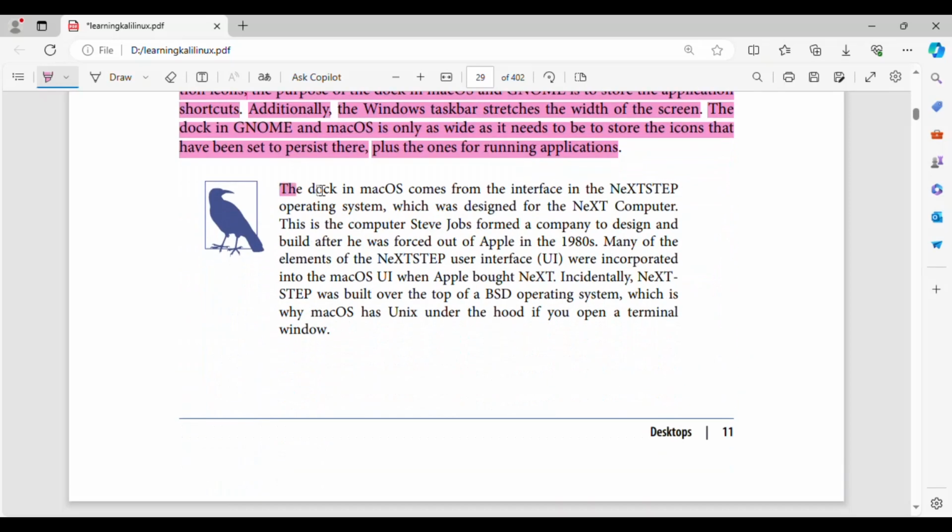The dock in Mac OS comes from the interface in the NeXTSTEP operating system, which was designed for the NeXT computer. This is the computer Steve Jobs formed a company to design and build after he was forced out of Apple in the 1980s. Many of the elements of the NeXTSTEP user interface, UI, were incorporated into the Mac OS UI when Apple bought NeXT. Incidentally, NeXTSTEP was built over the top of a BSD operating system, which is why Mac OS has Unix under the